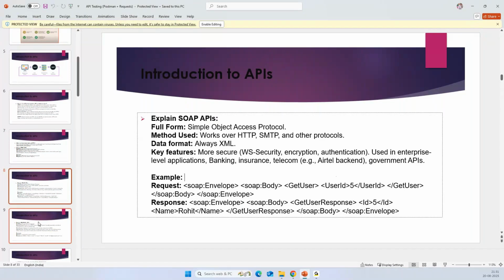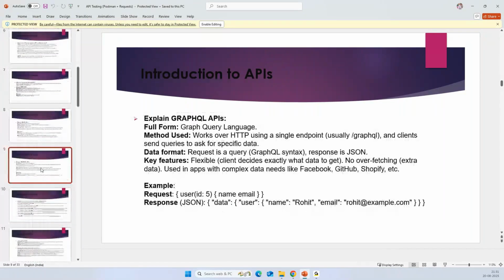Okay, and then moving to GraphQL APIs. What exactly are GraphQL APIs, and why did they come into the market? We were already having REST APIs, we were already having SOAP APIs. Why did Meta create these GraphQL APIs? The thing is,